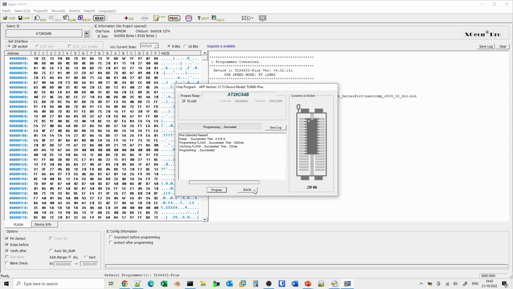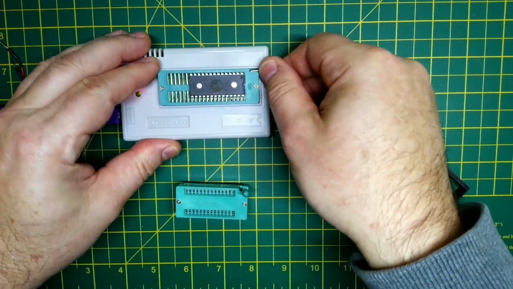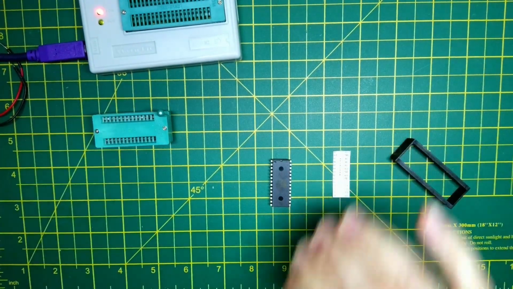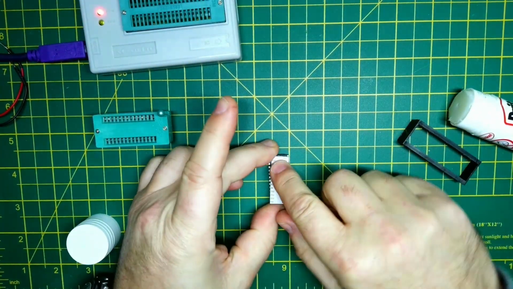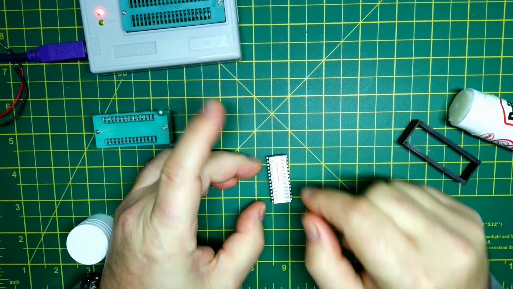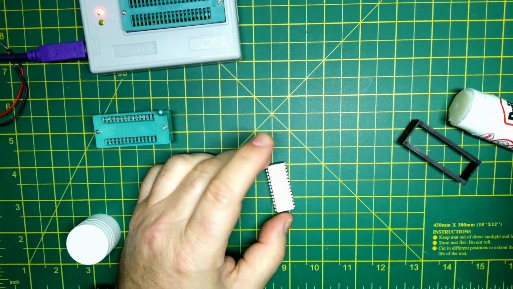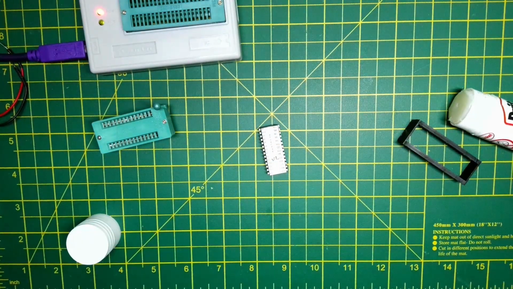And that's it. So it seems to have programmed okay. So what I'm going to do now is to stick the label on it, and we'll plug it into the Nanocomp. Let's just take it out, and we'll stick the label on and then get in the Nanocomp. That's pretty reasonable. And what I will do is just put a V2 on here so we know it's the later version. Okay.